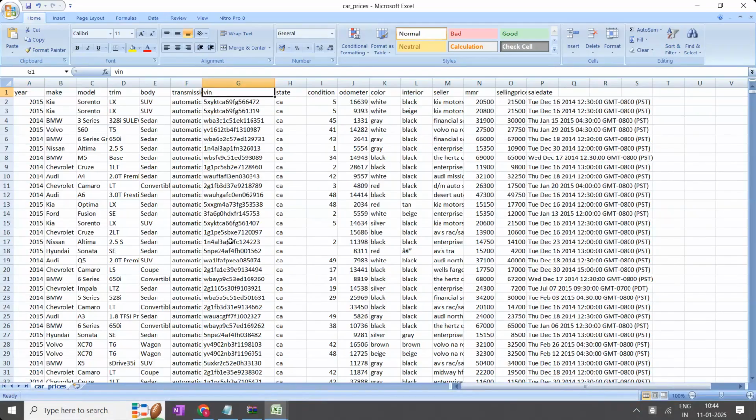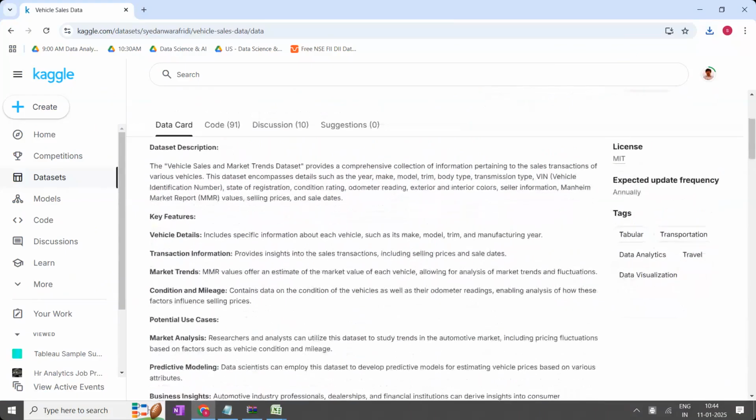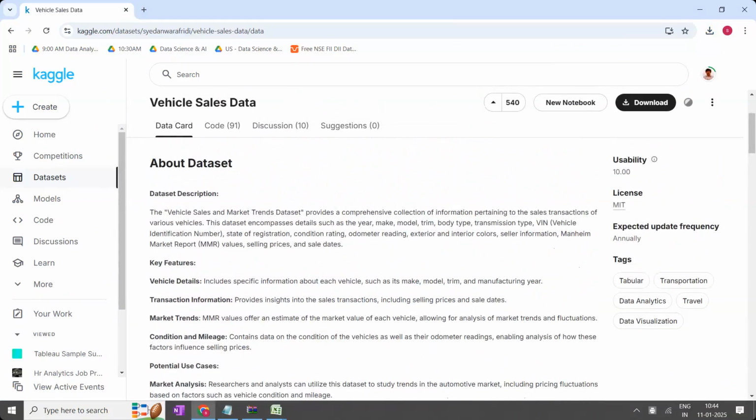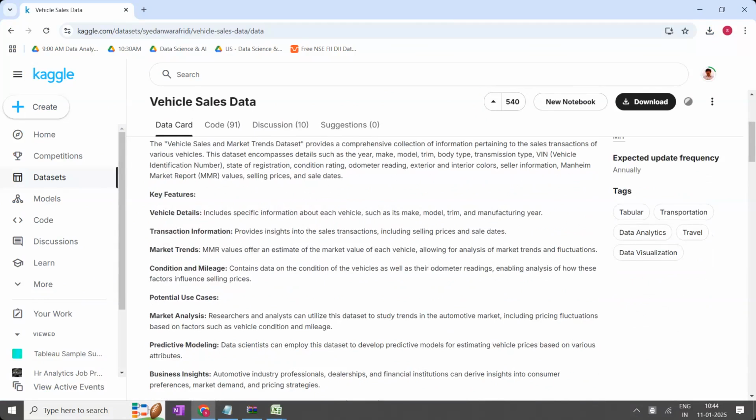So what is meant by VIN? I also have to open and read what is meant by each and every column name and what exactly they are looking for. VIN means vehicle identification number, it seems. And what is the meaning of vehicle identification number? I don't know. Basically, I'll type it in Google. That is only called research, business problem understanding. Everything will be clear.